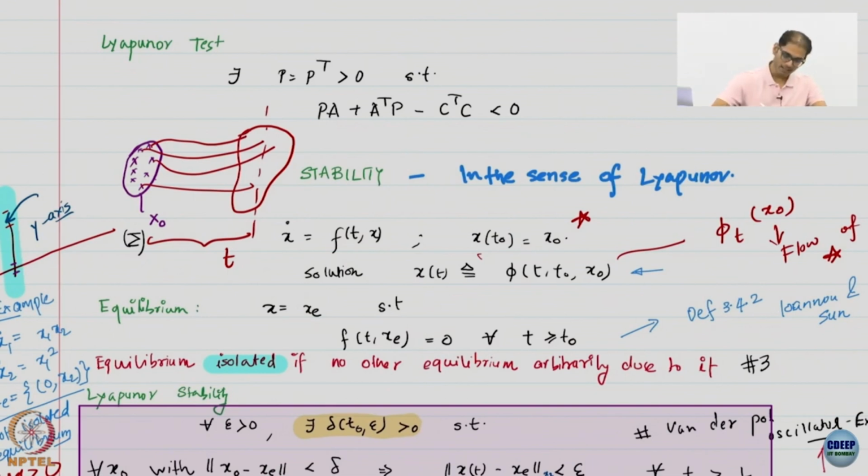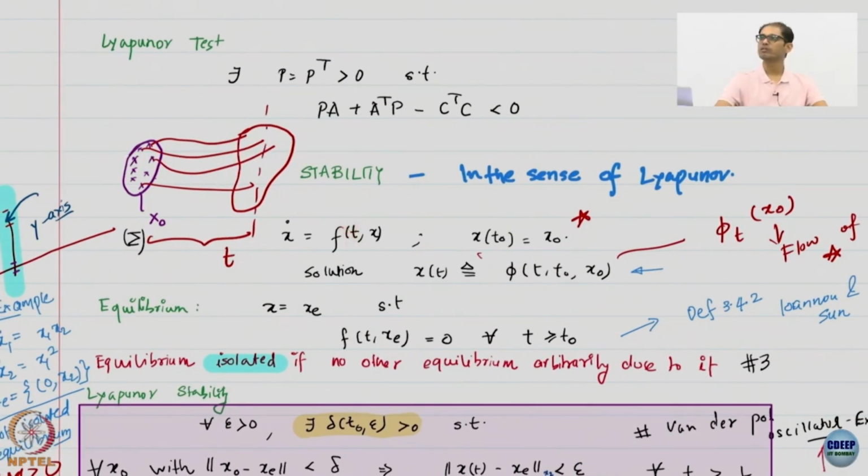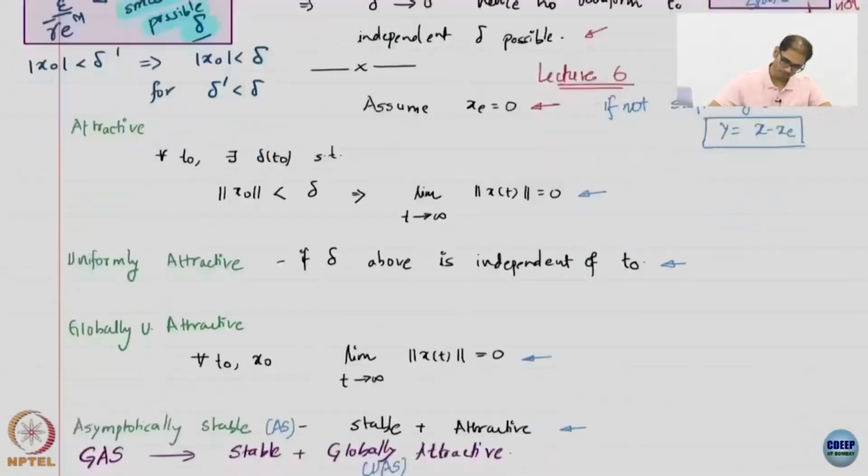If the system right hand side function, that is the vector field, has no explicit time argument. Why do I keep saying explicit? Because the states themselves are functions of time when you solve them, but if time is not explicitly appearing in these expressions, then the system is time invariant or autonomous. These words are used interchangeably for continuous systems. So then uniformity is free, you do not have to evaluate separately. If you obtain global asymptotic stability, you have obtained global uniform asymptotic stability. Excellent. So just keep these in mind.